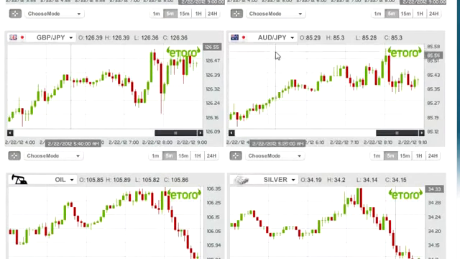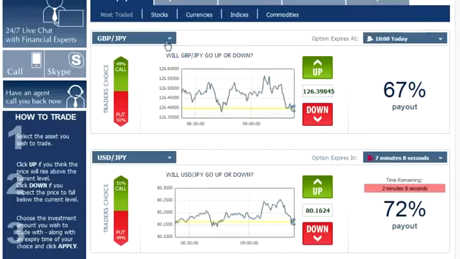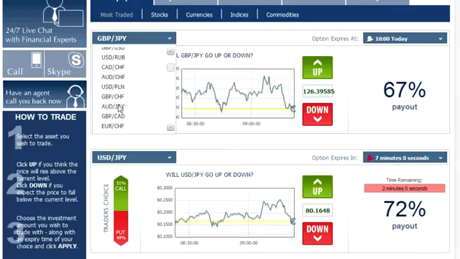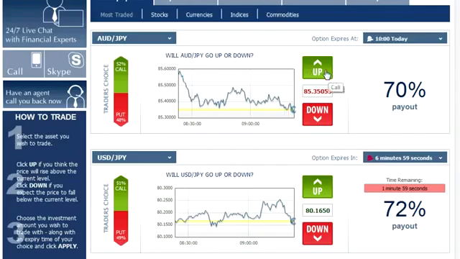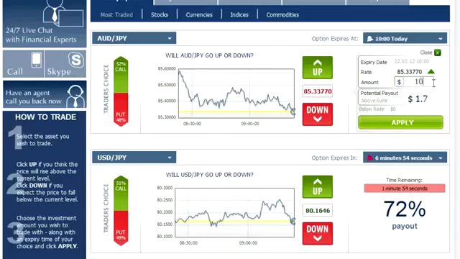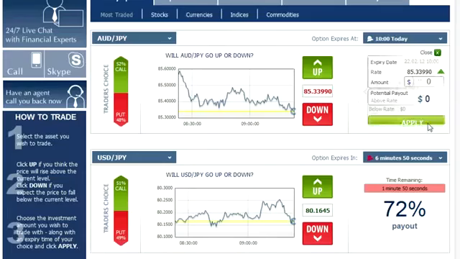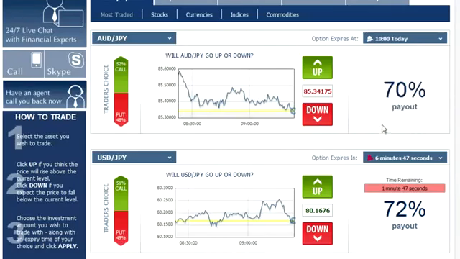We continue on to the AUD versus the Japanese yen. This as well is a beautiful upwards going trend line going from this point all the way up here. It has its high point here, but it's okay. It's clarified as an upwards going trend. We go back to the platform, choose the AUD versus the Japanese yen right here. Since it's going up, we click up, enter $100, and apply. We approve the option